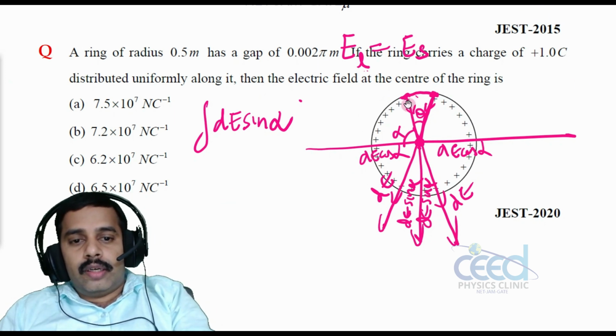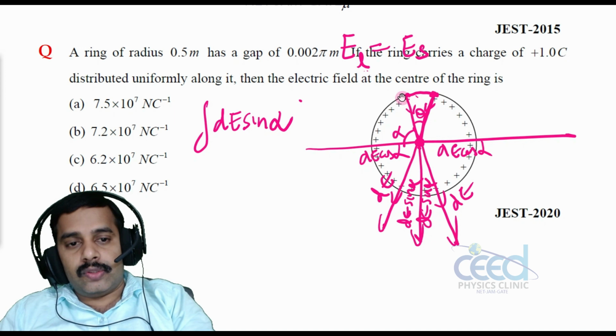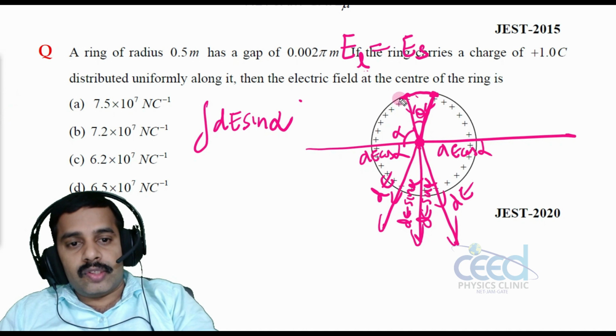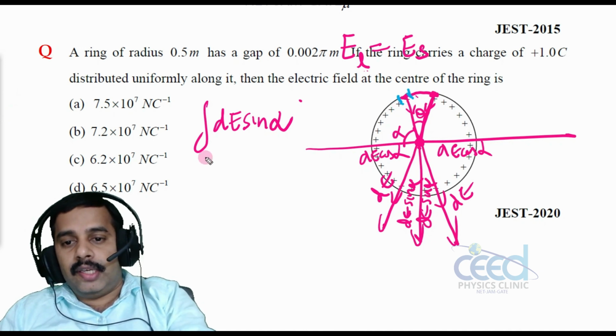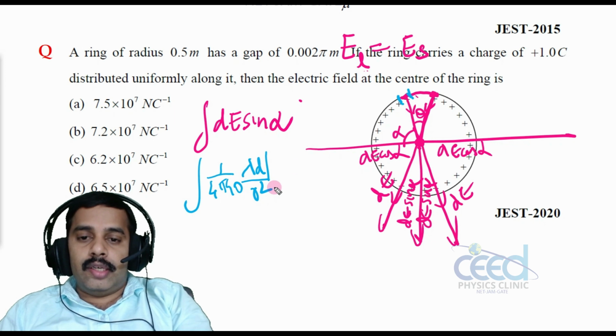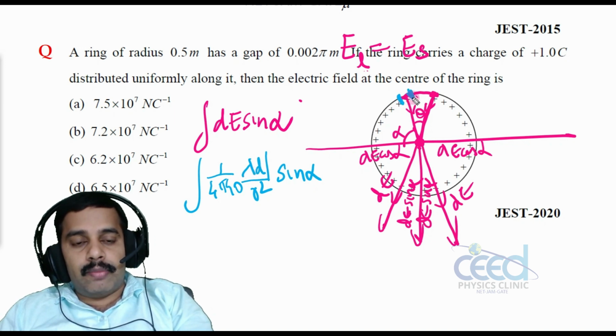So here this dE is the electric field due to this small elemental length, right? So if I consider a small elemental length here, see, this is the small elemental length, so that is the dE. So that I can write as 1 by 4 pi epsilon 0 lambda dl by r square, right? And sin alpha. Now what is sin alpha? Now what is this dl? dl is subtended by the small angle of this small elemental length dl. So the entire angle is alpha, so the angle due to this dl is d alpha, right?